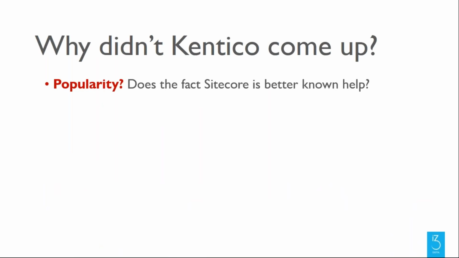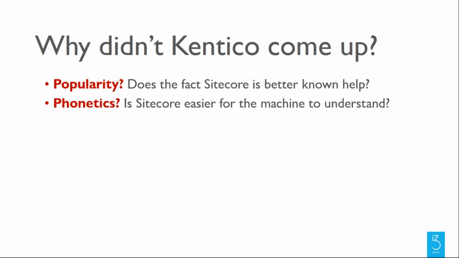Part of it could be down to popularity. Sitecore is better known, and obviously a leader within the CMS world, although Kentico is obviously a challenger. The other thing it could be is down to phonetics. So we're wondering whether that could be the reason. Ultimately, the answer here is that it's very difficult to tell absolutely, because the intellectual property of Amazon with the Echo product would be poor for them to give out to everybody else.